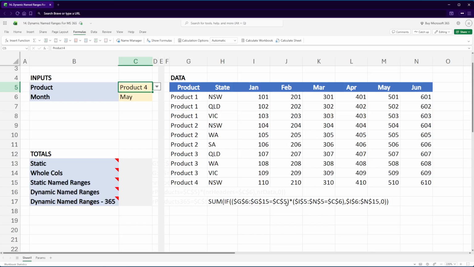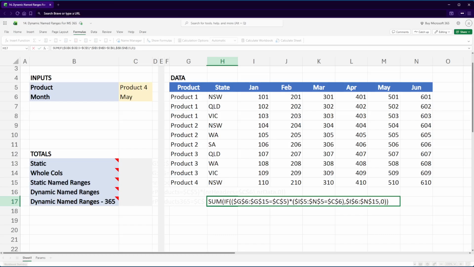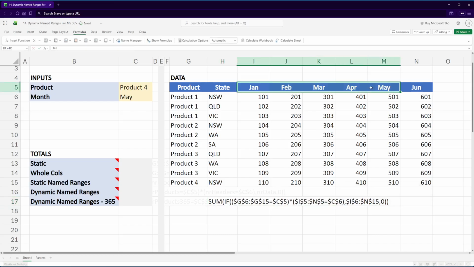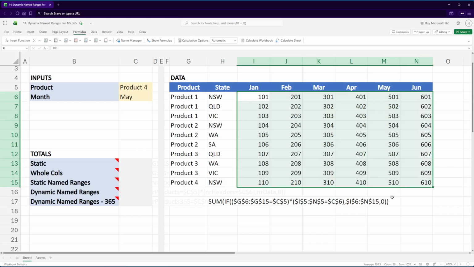Right, so where that equals to that, and, so the asterisk is the and, the second condition is where our headers, so January through to June, is equal to C6, which is the selected month. So wherever those two intersect, we're going to return the corresponding cell within this data range, I6 to N15. Wherever there is no match, it'll return a 0. And then the sum